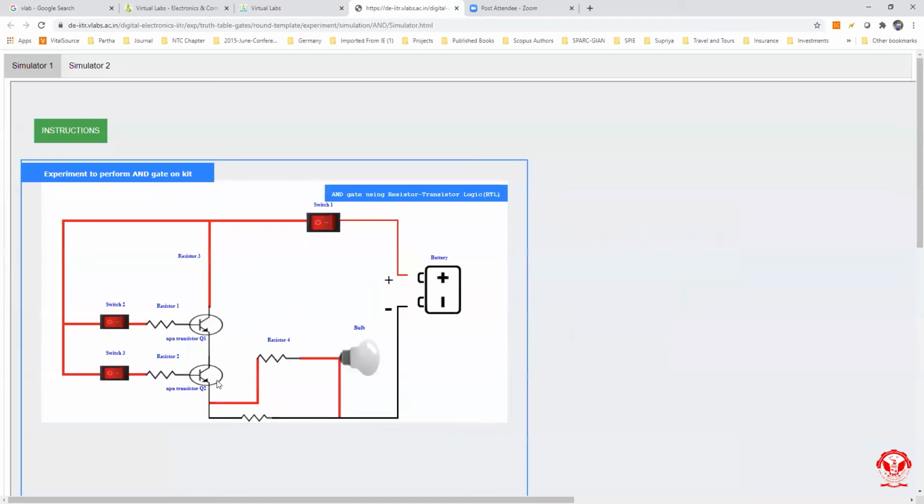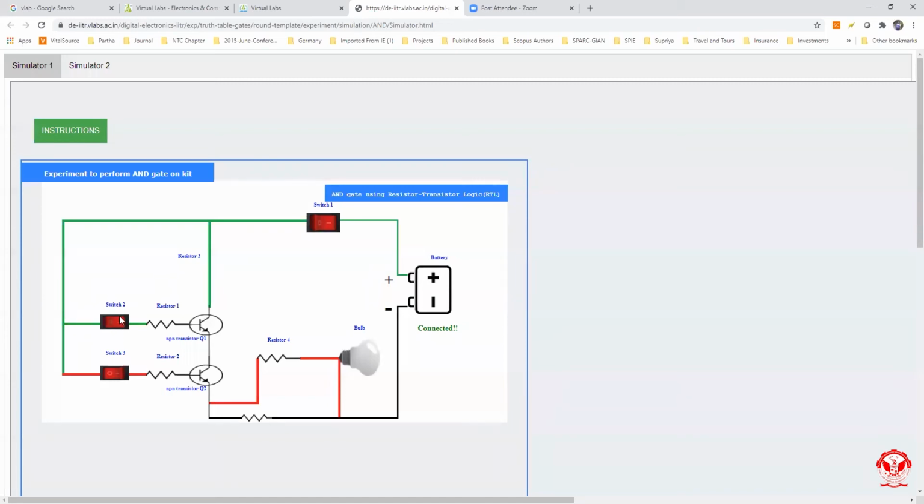To kickstart, you can first click on the battery. There'll be a connection which will be shown as connected. Once it is connected, you can apply this switch, which will be connecting the battery to the circuit. You can see wherever the connections have been made, it is being shown over here. Then you can give the 2 inputs through switch number 2 and switch number 3. It's very simple. You can just turn it on.